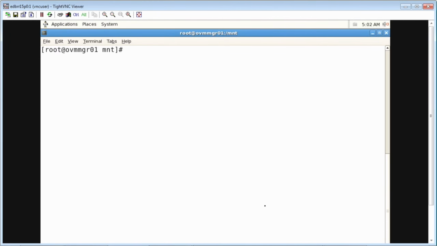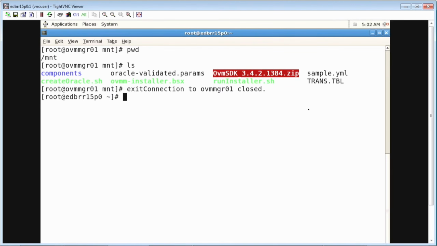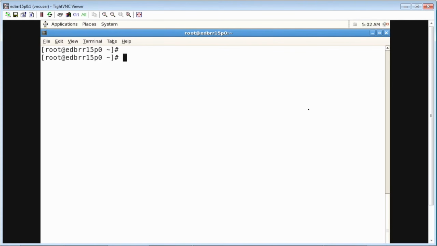Well, what I'm going to do is, because I already know that it's here, and this is the file, I'm going to copy this. I'm going to get out from this one, and take out from this. So with this user, for example, I'm going to copy